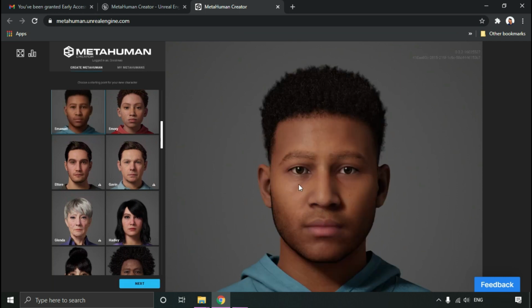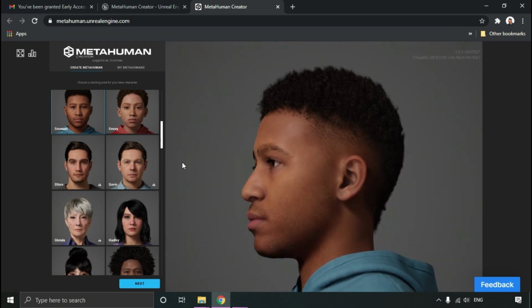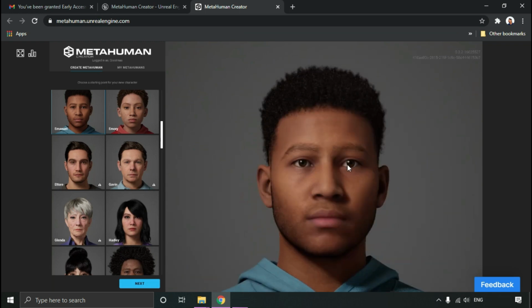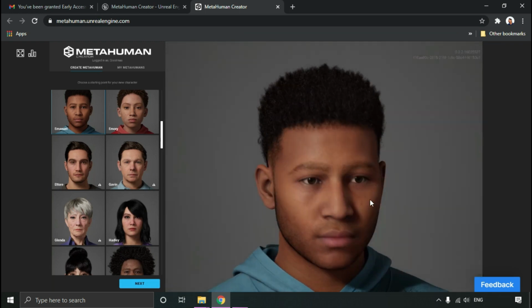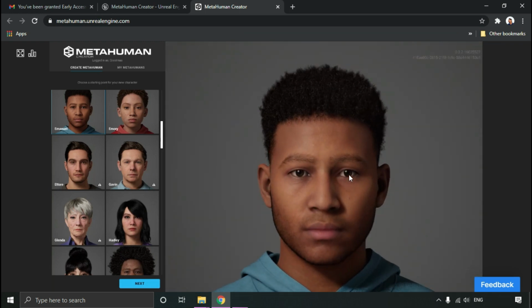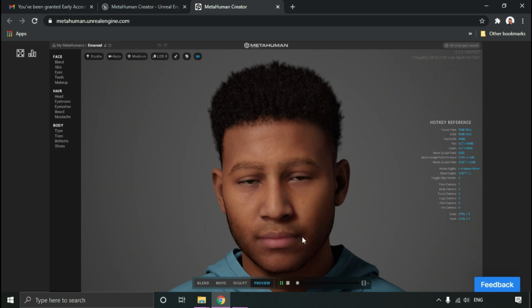Okay, I have selected Emmanuel, and to navigate your character, all you have to do is right click and move your mouse, and this will enable you to rotate your character. Now first let's click next, and don't worry about the shortcut keys and everything.